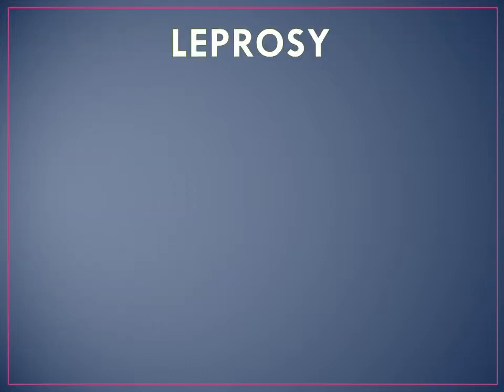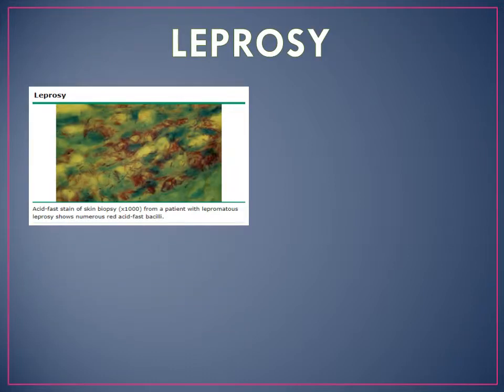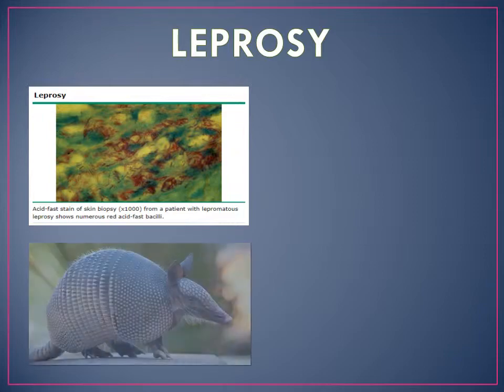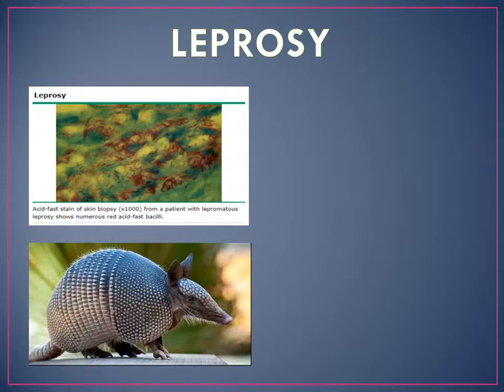More about leprosy. The AFB seen in the patient's skin biopsy was consistent with Mycobacterium leprae. It is important to note the association between the 9-banded armadillo and leprosy. Humans can become infected via close contact, handling, and accidental exposure. This animal can be found in South and Central America, but also some regions of the United States, such as